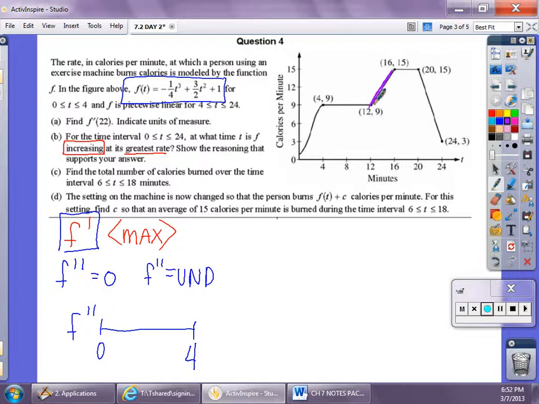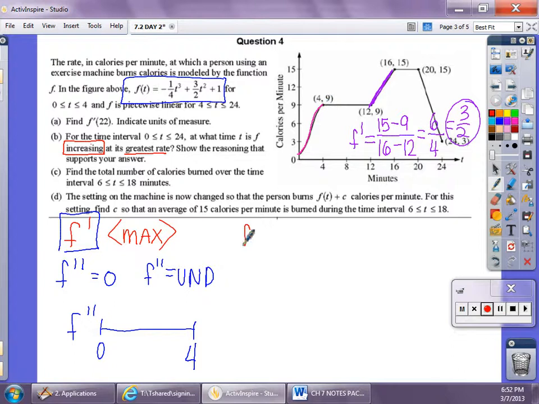So I'm actually going to find the f prime of this purple line, and we do that by finding the y value of the top point minus the y value of the bottom point, over x value minus x value. So we end up with 6 over 4, so I get 3/2. So that's the f prime value for that purple line. Now I want to find the maximum, so I just have to double check if this nice little curvy part has an f prime value that's going to be bigger than that. But I already have the frame of what I'm going to do, I just have to physically do it now. Meaning,